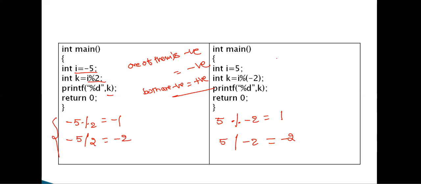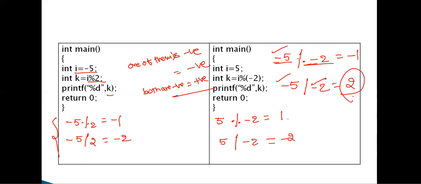Okay, and we have one more thing. For example, minus 5 divided by minus 2, minus 5 slash minus 2. What is the answer? Here we have two minuses. Please don't consider two minuses for modulo. Even though we have two minuses, what is the sign of the numerator? The sign of the numerator is negative. So obviously the answer is negative here. But for division, if both are negative, then the answer is positive. If at least one is negative, the answer is negative. Okay, this is the scenario.